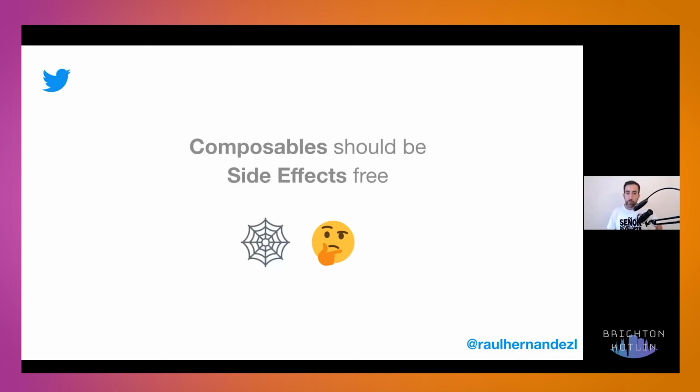Also, composables should be side effects free. What does that mean? Thinking in side effects, a side effect is something as simple as requesting something from the network, doing a DB operation. A composable is a UI. UI normally runs in the main thread, and side effects should run in a background thread.